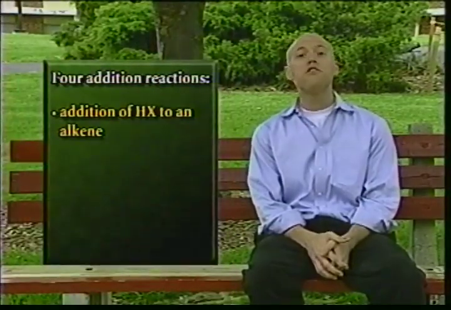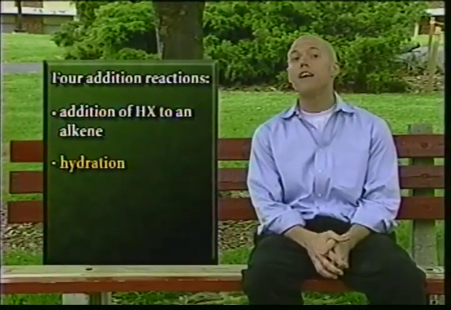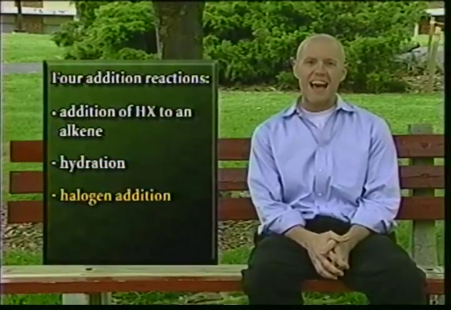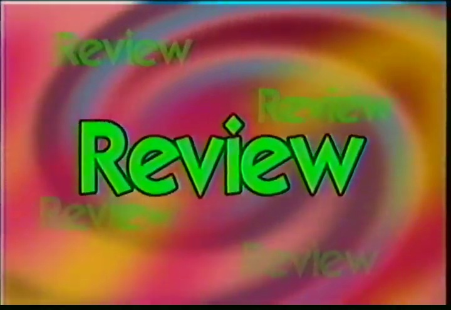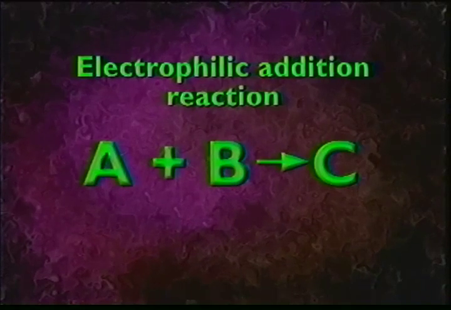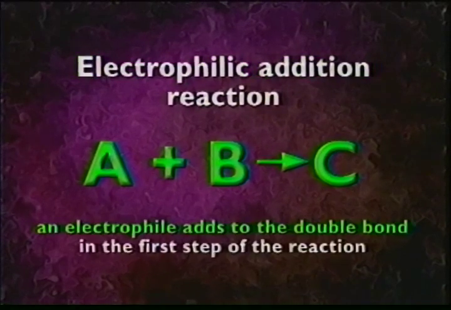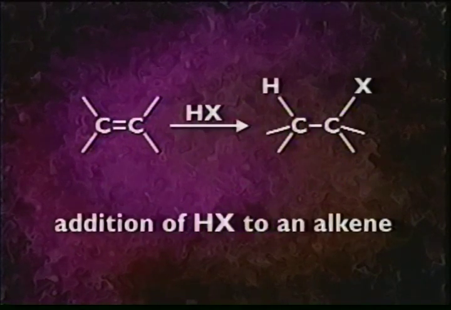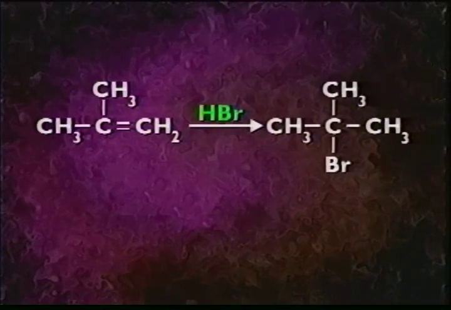All right, so far, we've looked at 4 addition reactions. Addition of HX to an alkene, hydration, halogen addition, and halohydrin formation. The overall formula for an electrophilic addition reaction is A and B react to yield C. Electrophilic addition just means that an electrophile adds to the double bond in the first step of the reaction. Reaction number 1 is the addition of HX to an alkene. The first reaction we looked at was 2-methylpropene plus hydrogen bromide to yield